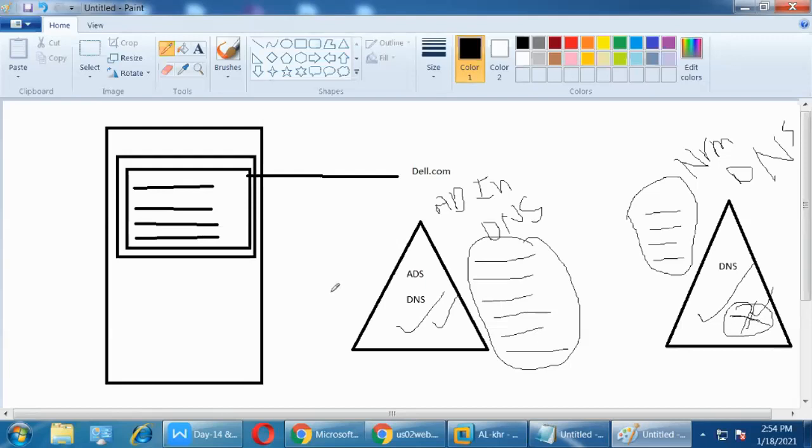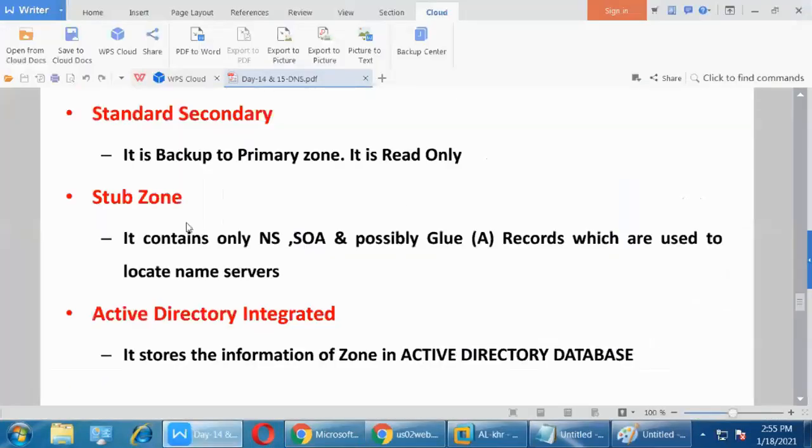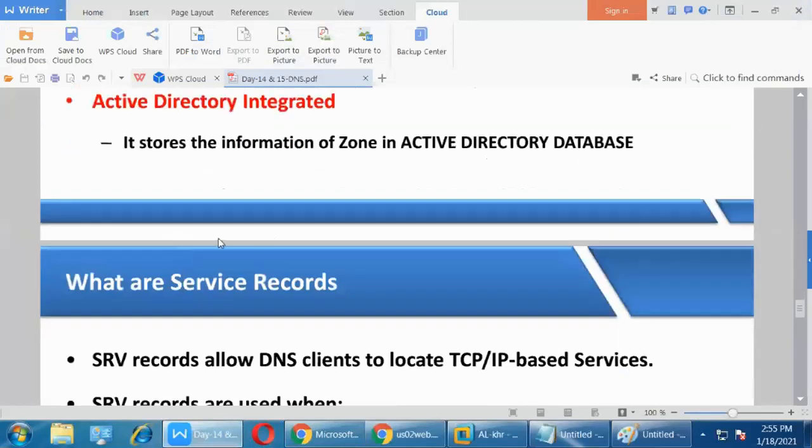In real time, normally we can find this DNS. Very rarely we can find it, according to the policy. But here, mostly, before installing Active Directory, they have already configured the DNS, because to install Active Directory, the DNS service is the recommended first requirement. Clear, guys? Yes, sir. So that is the Active Directory integrated zone.